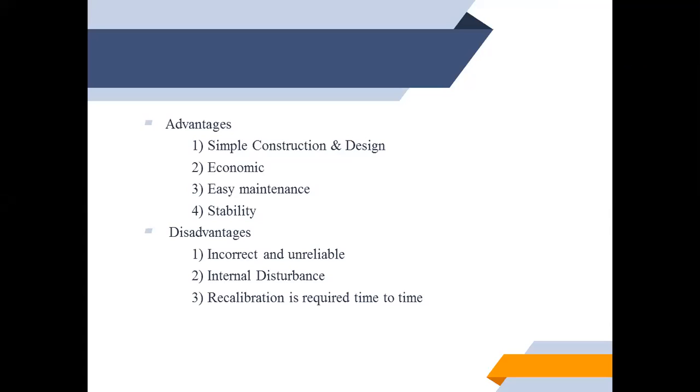The output cannot be checked using sensors, so there is no chance to correct the disturbance. Recalibration is required from time to time due to external disturbances. So these are the disadvantages of the open loop control system.